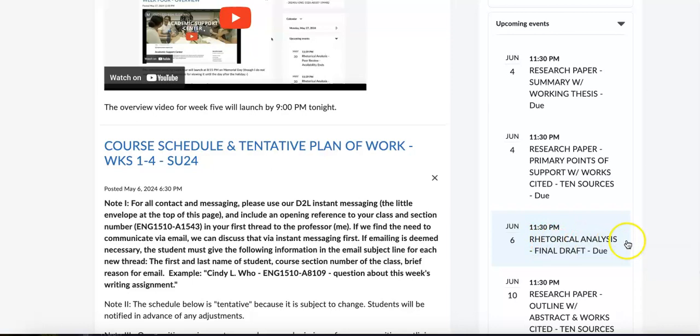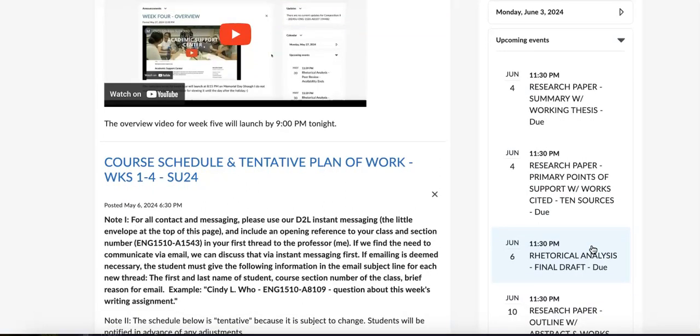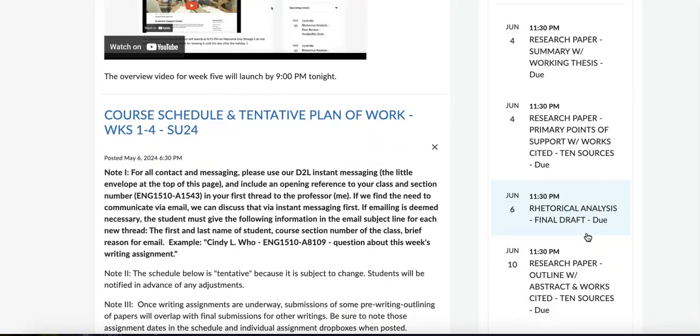Now, for the rhetorical analysis final draft, everyone does have their feedback, with the exception of a couple of people where I had file formats that I couldn't process. Again, if you're submitting Pages, PDFs, or Google Docs, I can't do anything with getting that through the system, so there's no guarantee it'll be readable. What I did on those is, in the grade category of your feedback file, in the feedback window where I comment to you, I usually mark them anywhere between 1 and 5 points, depending on what I can see. If I can see that there is a file there, and I can verify that it looks like the size of one, I typically put 5 points. If I can't verify it, I usually just put 1.